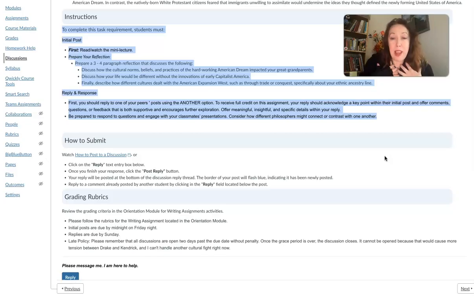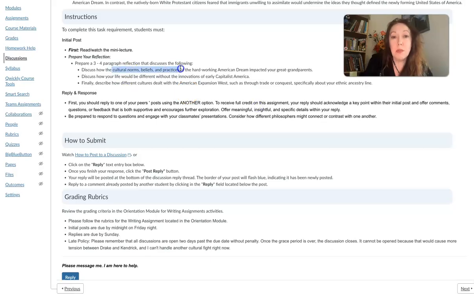So in my situation, both lines are coming from Scotland and from England. When they came over here in the late 1600s, as time went on into the 1800s, how did those norms impact my cultural line? I'd have to think of my great-great-grandparents living in Nebraska or Missouri during the late 1800s. Were they able to retain their English or Scottish roots, or were the cultural norms and beliefs of the time impacting them? That's what that one talks about.